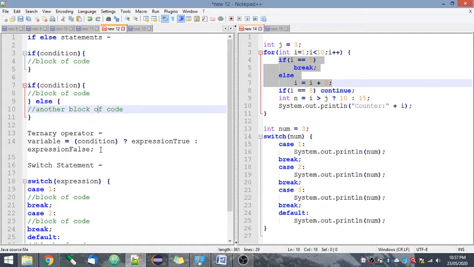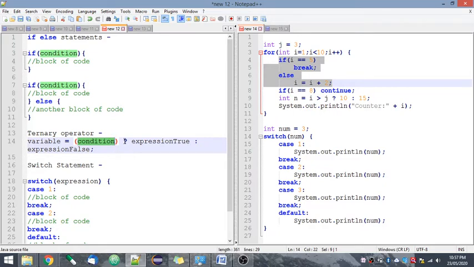Next, I am also going to cover the ternary operator in this section, because this is also something that we use to evaluate conditions, and then depending on the condition, we assign values to a variable. The ternary operator is an operator in which we provide a condition, as you can see I have provided a condition here, and this operator will evaluate this condition. It will either return true or return false.